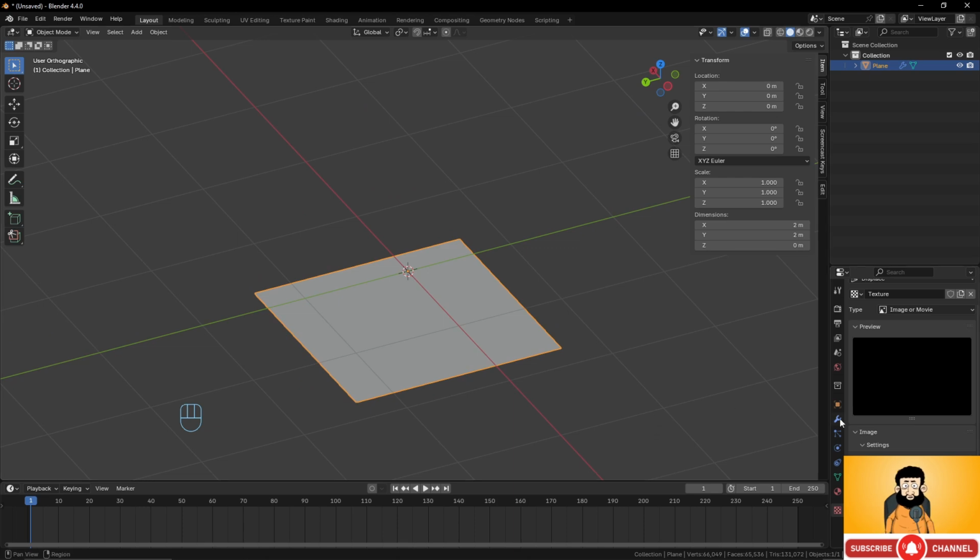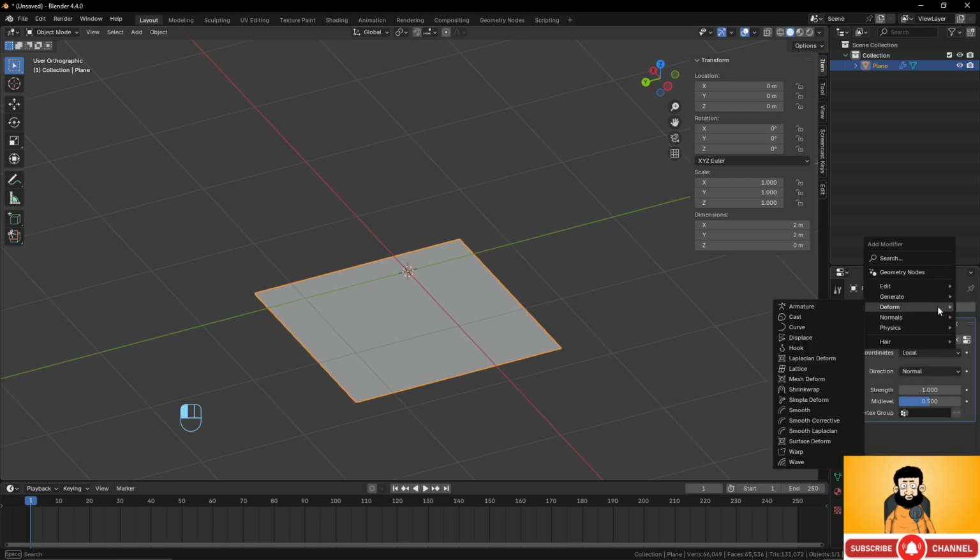So can be a powerful one here. The next one will be the hook. The hook is a specific one for the curves, and we will not talk that much about it here. We have the Laplacian deform. It's a little specific, this one. It's for increasing the